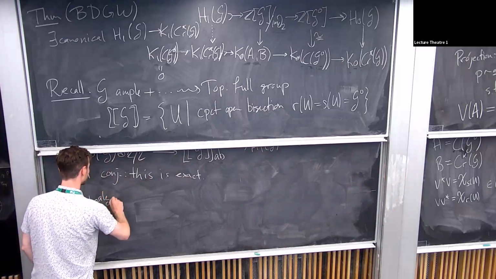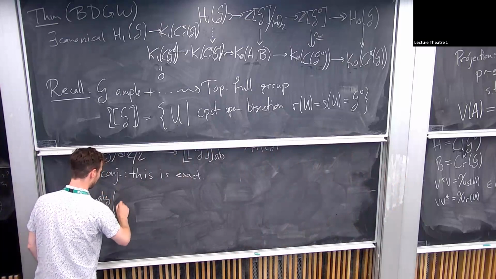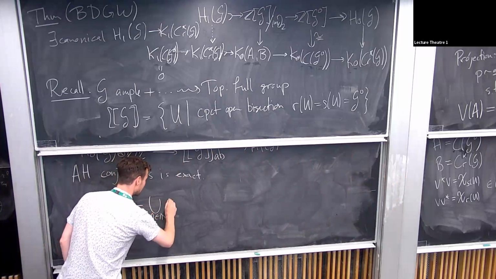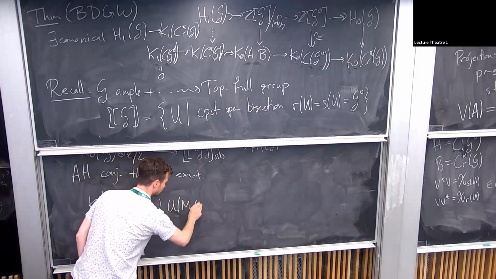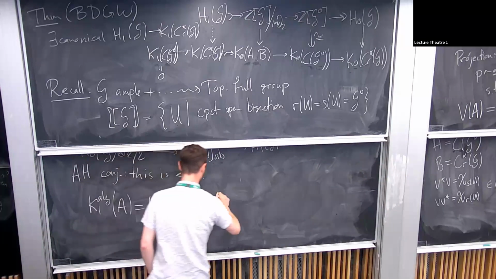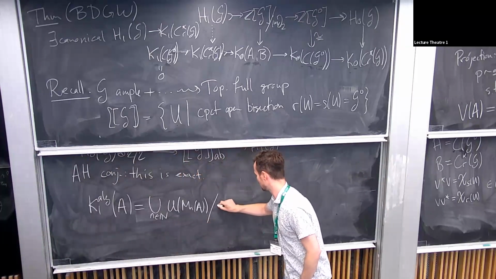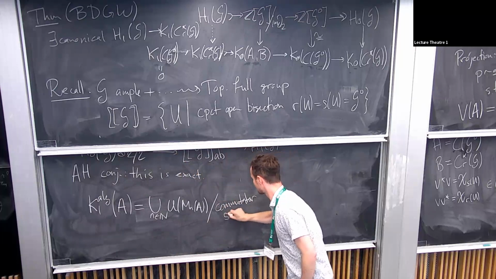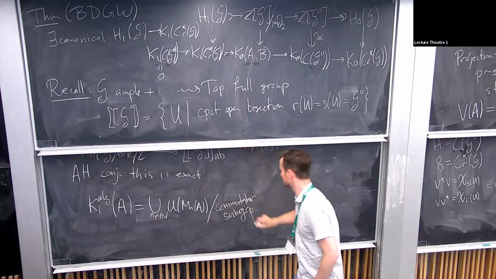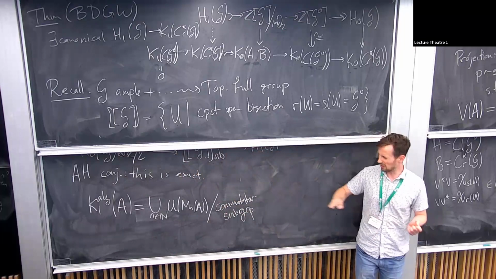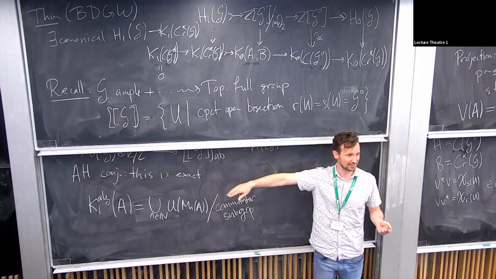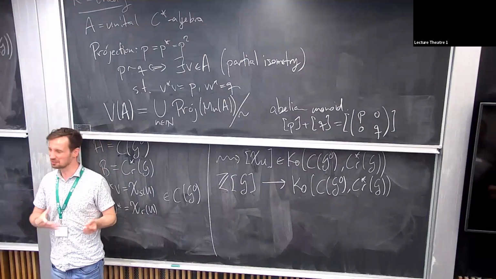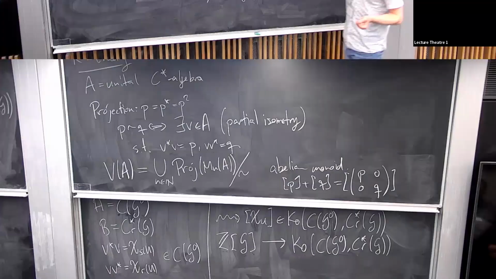So if I wanted to do some sort of algebraic K1 of a C-star algebra, what I would do is look at all the unitaries in matrix amplifications, and then I would quotient out with the commutator sums. This would be unitary algebraic K1, but very often, in order to have more computable invariants, what we do is